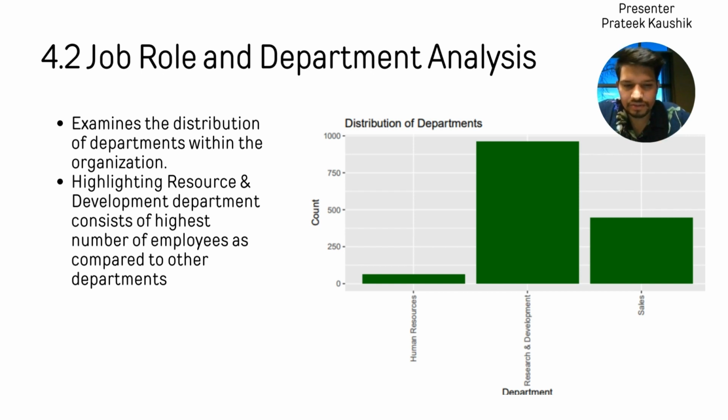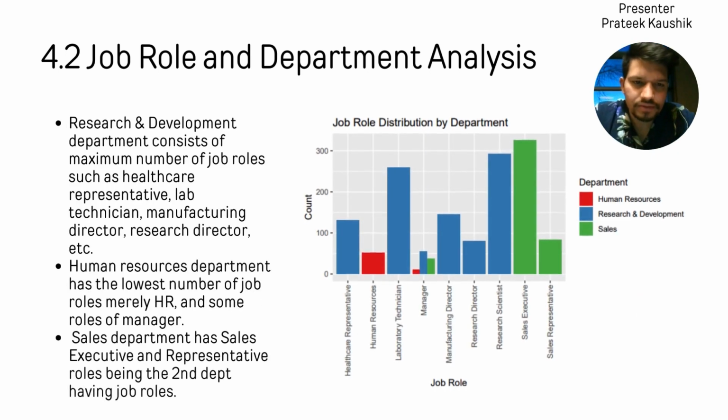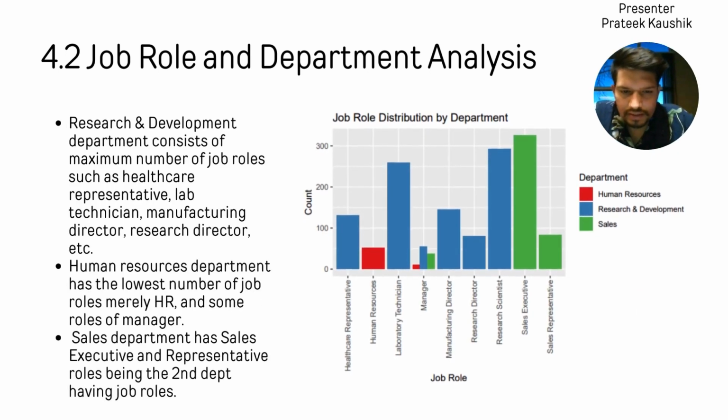In contrast, the human resource department emerges as the smallest one, as mentioned already, aligning with the distribution of job roles. So this distribution pattern offers valuable insights into the company's strategies, priorities, and departmental composition. So if we talk about our next visualization, which is job role distribution by department, so overall,